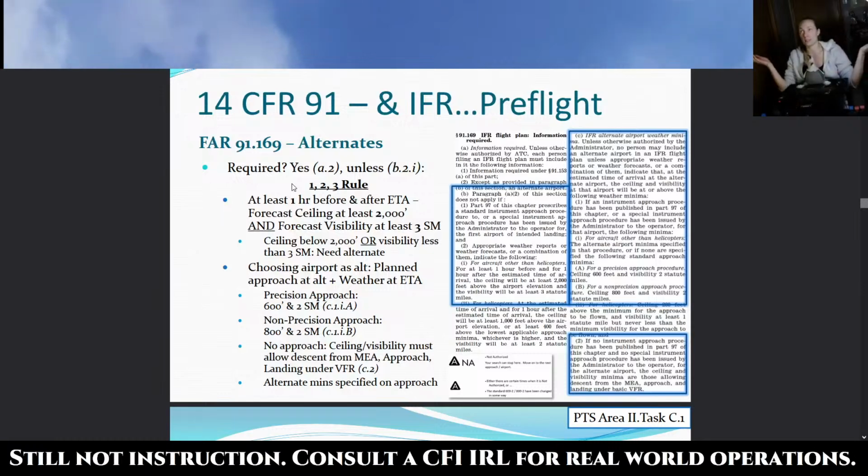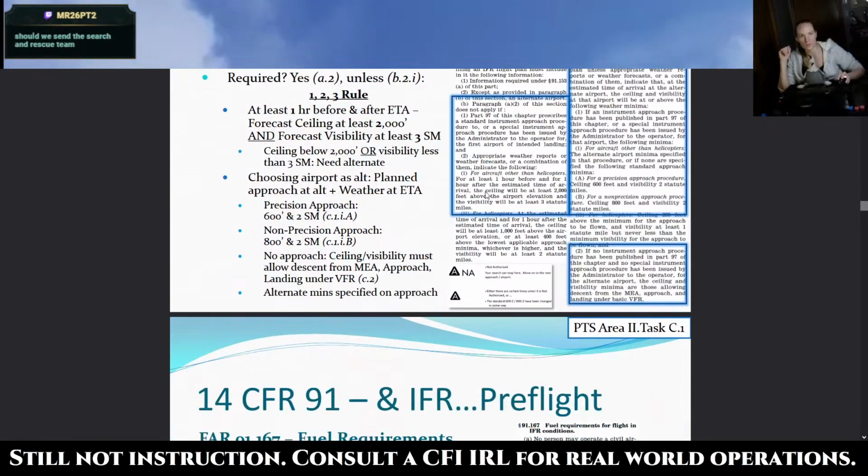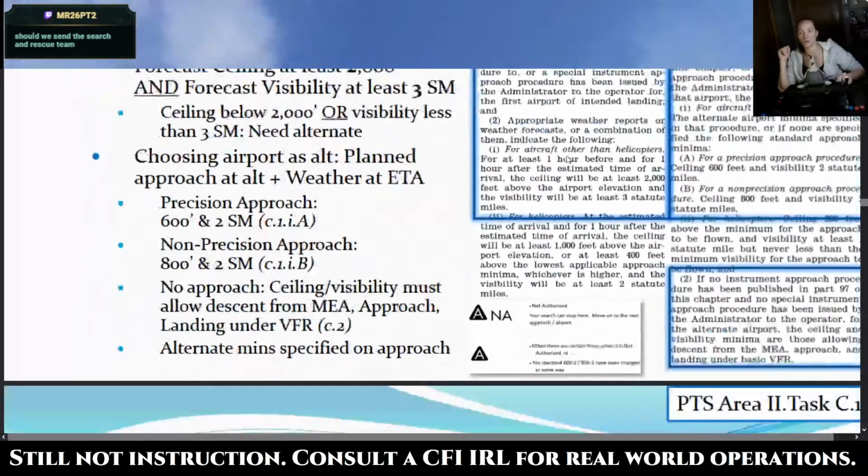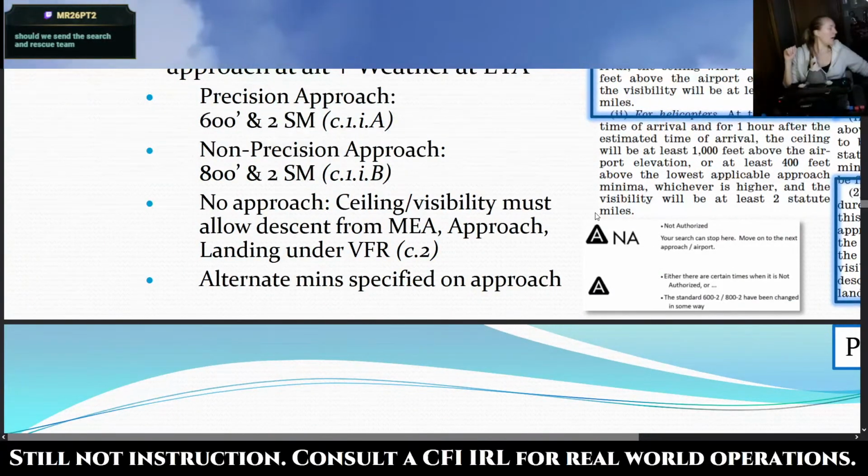IFR, which makes sense because if there's no approach, we can't fly instruments. So other than that, we also need to take into account any alternate minimums specified on the approach. So this is maybe a little small, so I'm going to zoom up a little bit. If on our approach we see,